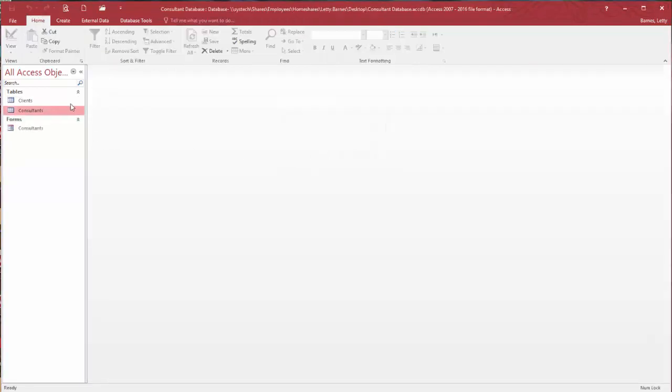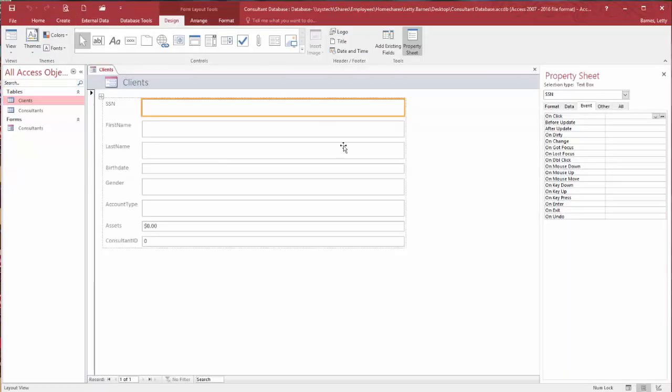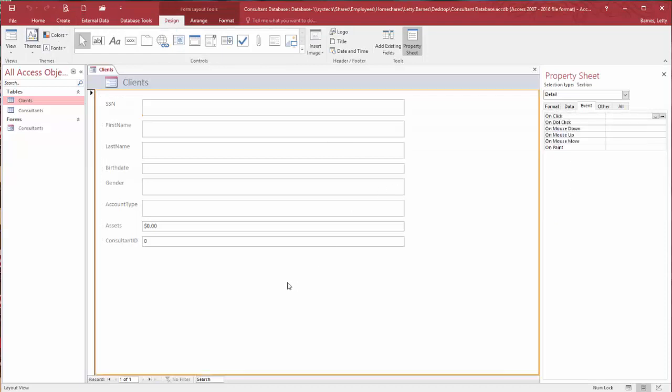And I will also make one for clients now. So I'm going to just click Create and Form. Gosh, that's easy. Now, when I look at this, I'm not as happy as I was with the consultant form because if I wanted to see who this client's consultant was, let's pretend I actually had some consultants, their name should be right here. And instead, I'm just getting a number, and I'm never going to remember who number 4 is or number 6 is. So I am going to replace that with a